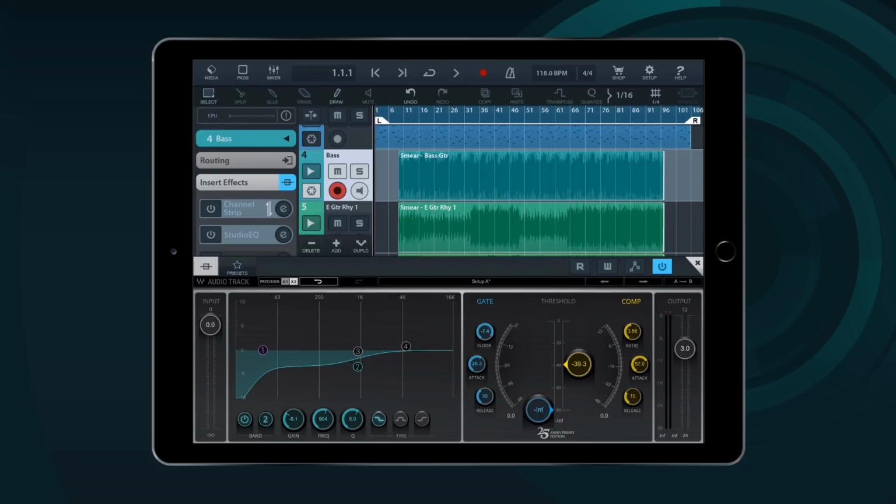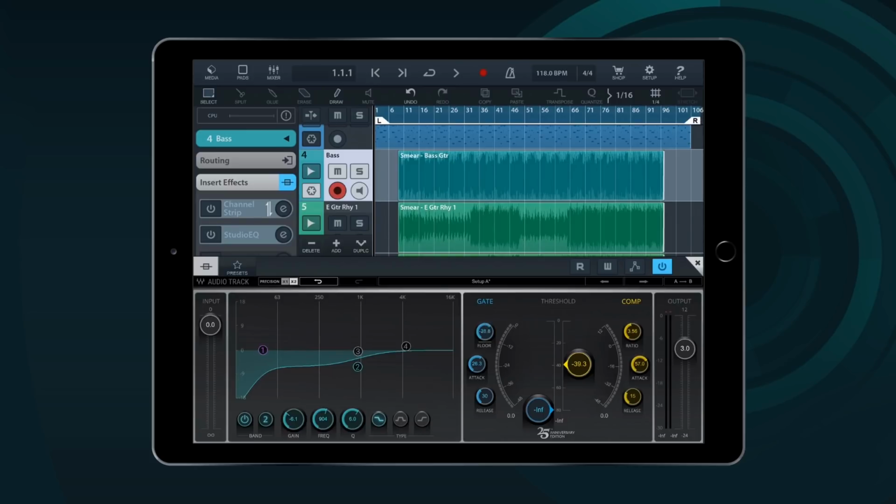Now let's have a look at the dynamics. First, we have the gate section. I'm not using the gate for the bass. But it will be very useful when you have live recordings, for example, of instruments, and you have a certain amount of noise that's going on there. You simply set the threshold to a value where the gate will then close.